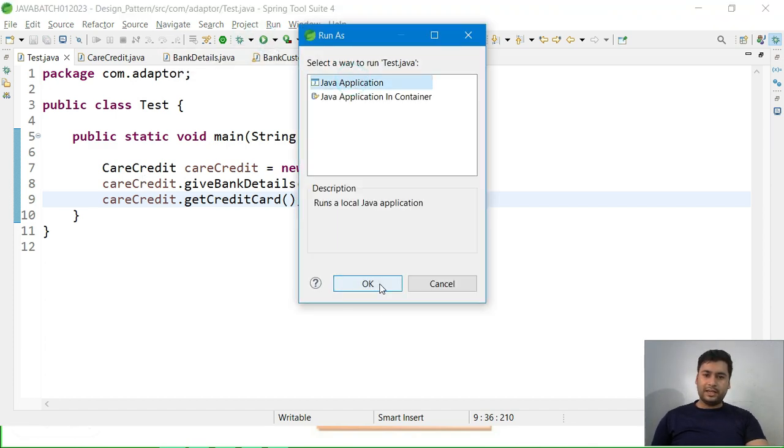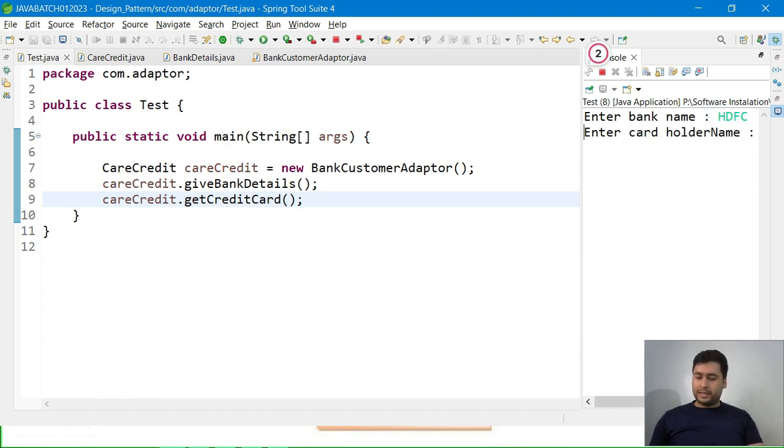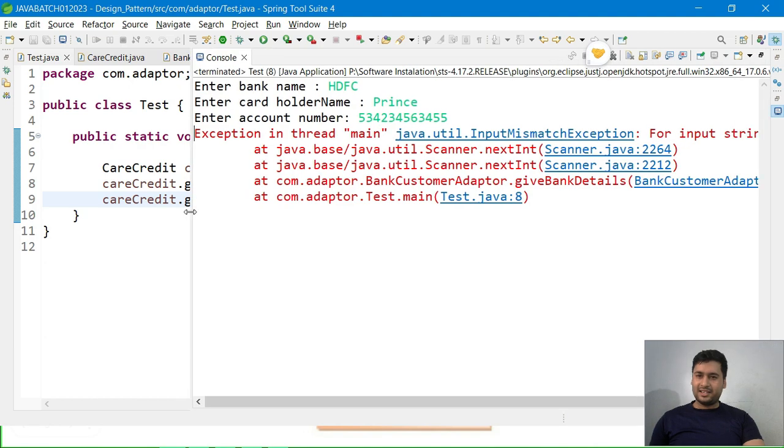Once we run it, you can see the output. It will ask to enter the bank name. So I'm going to enter the bank name: HDFC. Card holder name is Prince. Account number is something like 532 or something, okay. This is the card number, and once I enter it, it's giving an exception because I have crossed the integer range, input mismatch,